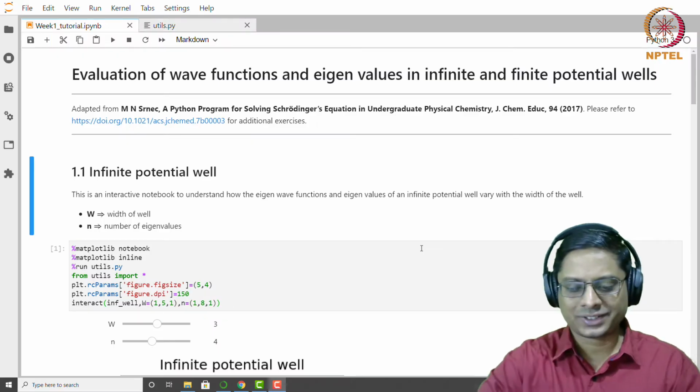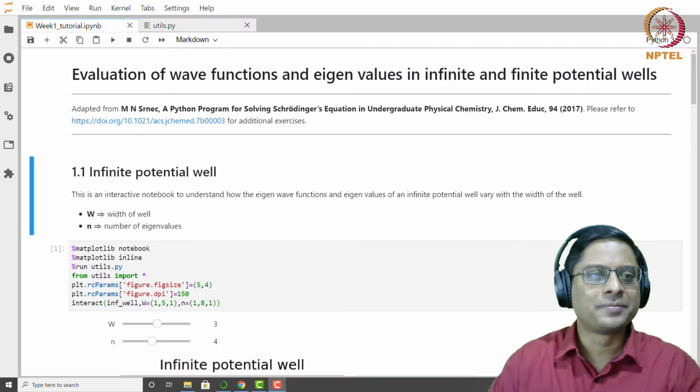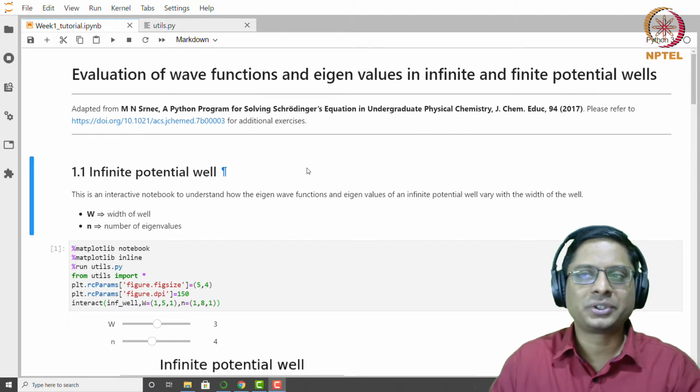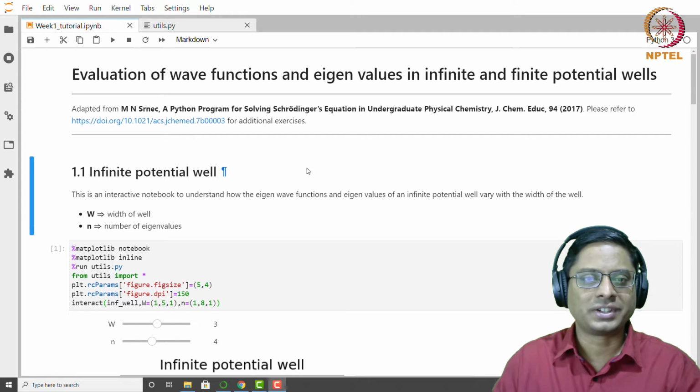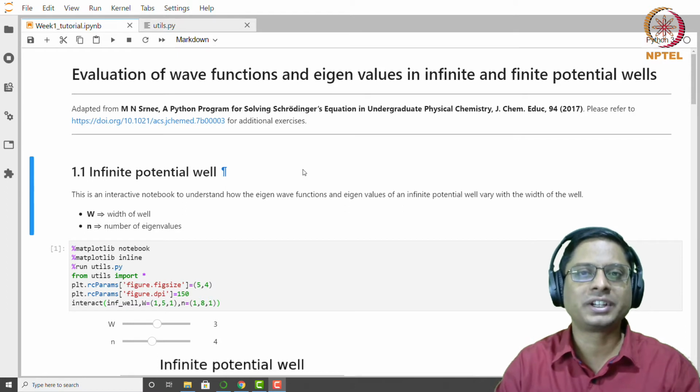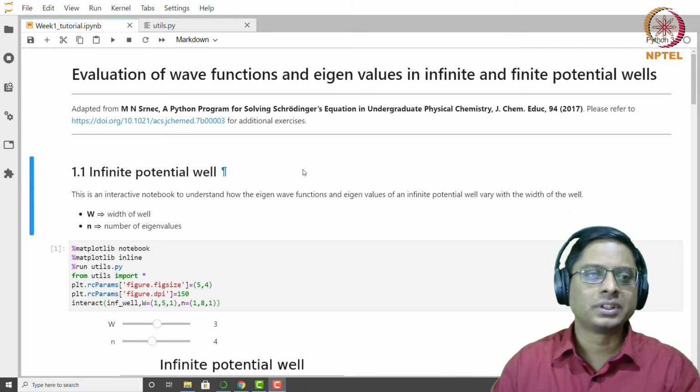Hello. Welcome back. This is the demo that I was talking about. The interface that you're seeing is what is called a Python notebook, an IPython notebook. It is done using Jupyter on the Anaconda platform. We will share the details when we post this on GitHub, and you'll be able to download it and run it if you're interested.